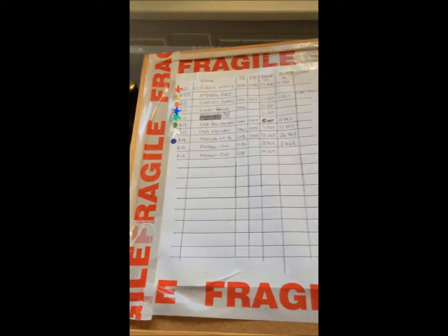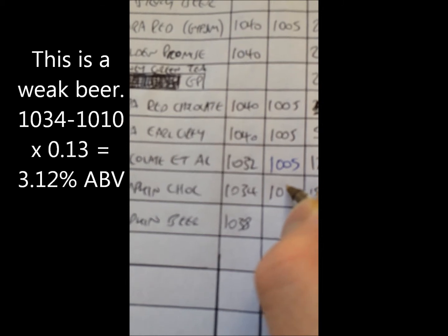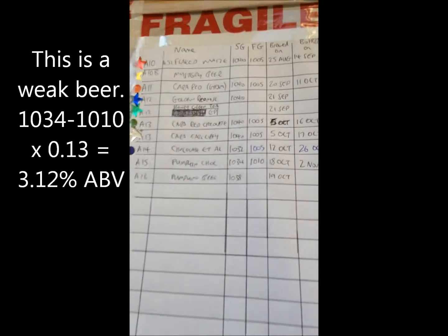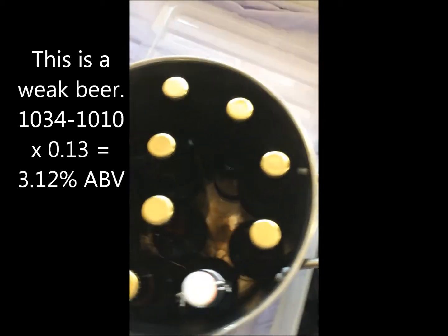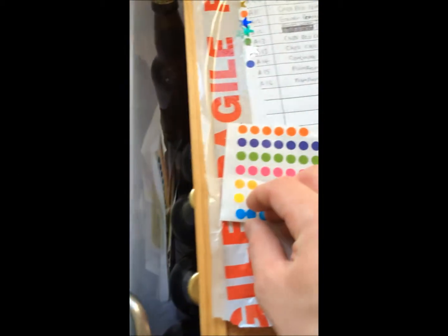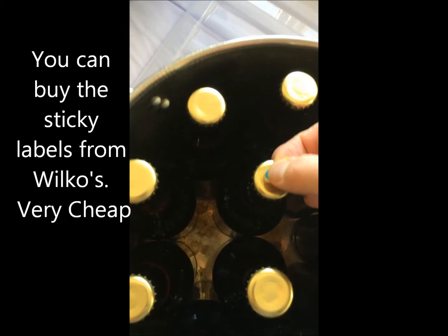So the final thing to do then is to finish my documentation and labelling. So my chocolate beer started at 1034 gravity and it finished at about 1010. My little sticky labels. I'm going to put one of these little blue ones onto my beers,